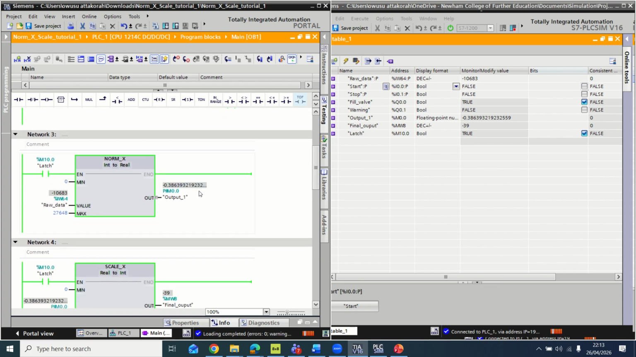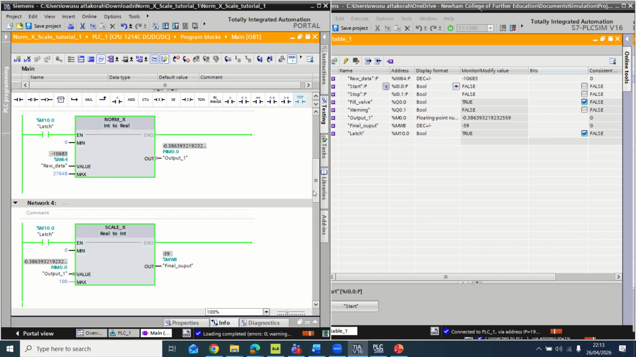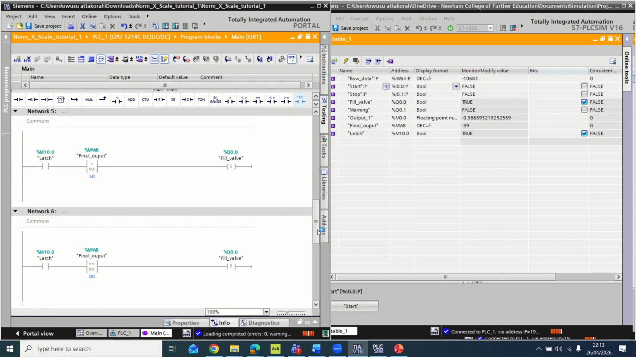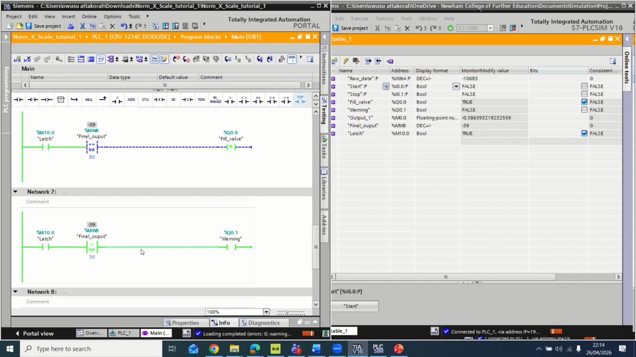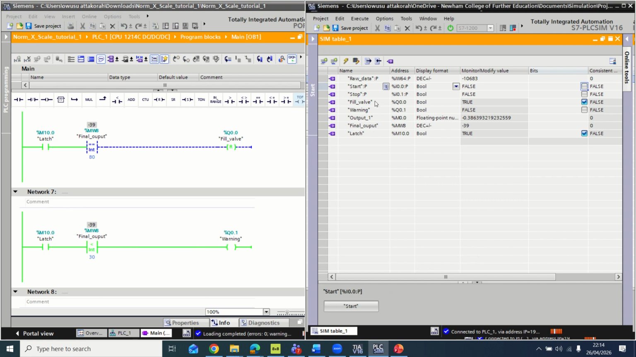And this is showing an underflow here, and as it's showing an underflow, we expect that maybe a warning light should be on. Yes, can you see the warning light? It's on because it's showing an underflow. But now let me go back here and look for my